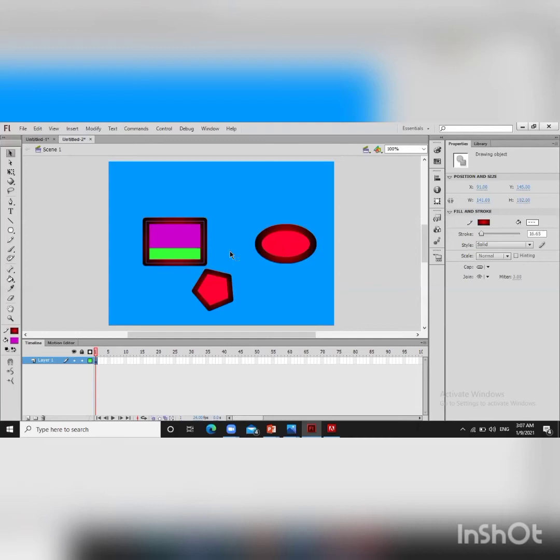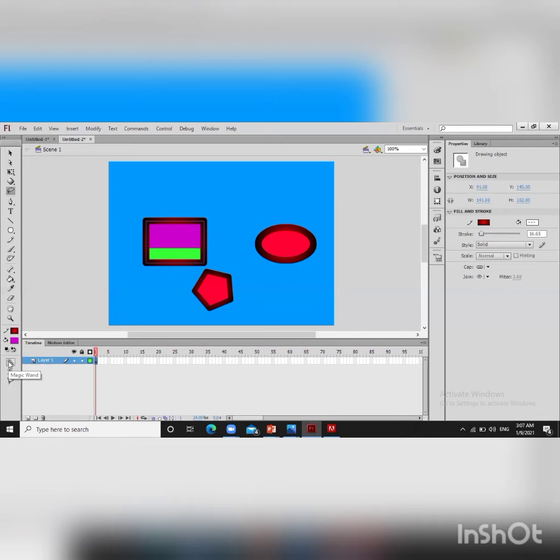If I want to make the drawing, make the selection myself, freehand drawing, for that purpose we will click on the lasso tool. When we click on the lasso tool, as I have already told you, other options will also be displayed at the bottom of the tool panel.